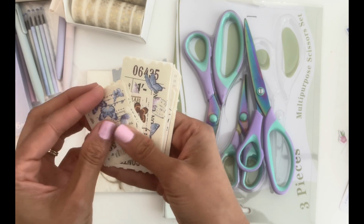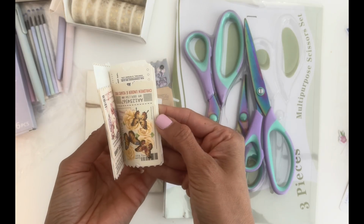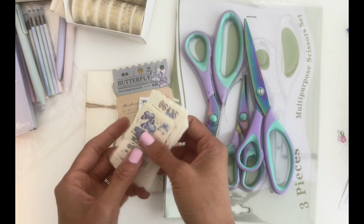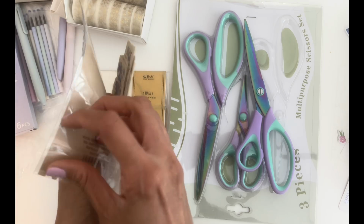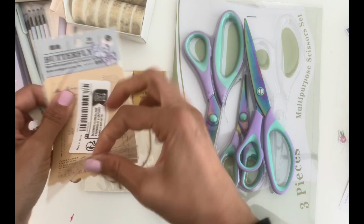So, of course, you can make your own, but I just love this, and it comes with quite a few different tickets and things. And they're just so lovely. Even this little background here. And it's part of the package, but I will definitely use that in